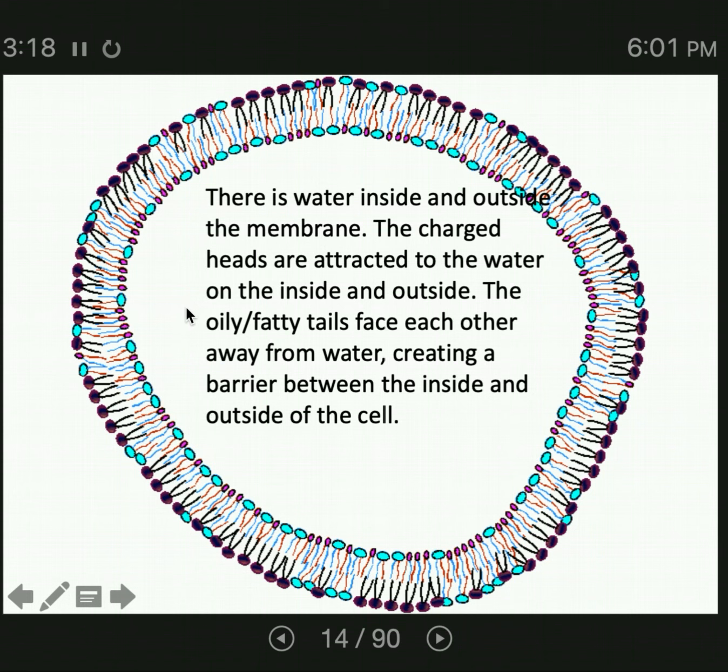And that's really essential because the cell exists in water. Your bodies are mostly water. A cell is mostly built of water. So you want to have a membrane that does not dissolve. It needs to retain some integrity, but you also want a cell membrane that's fluid, the way that oil is fluid,